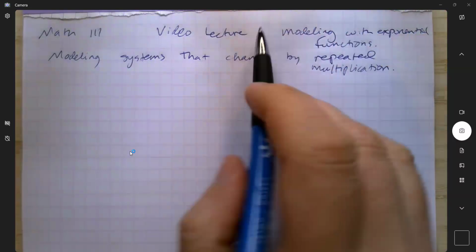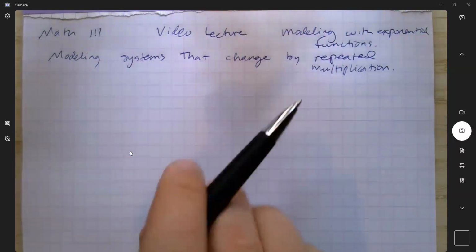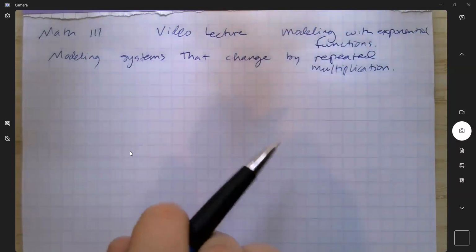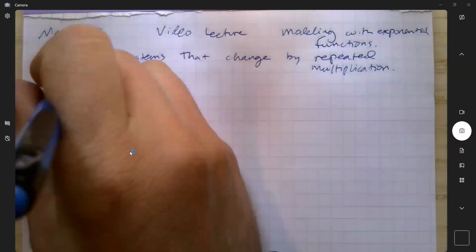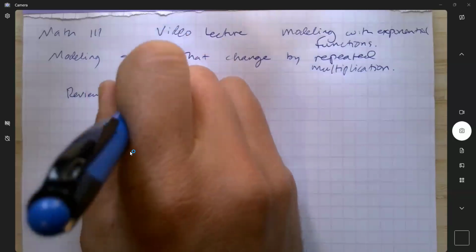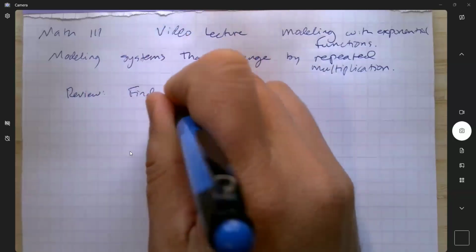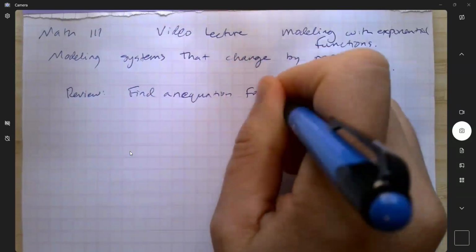Before we get into some application systems, I want to show you how to build kind of an abstract exponential function when given 2 points. So quick review, we can find an equation for a line